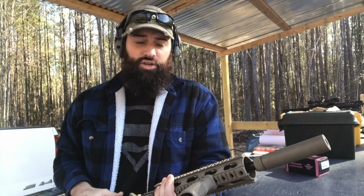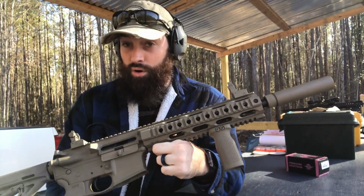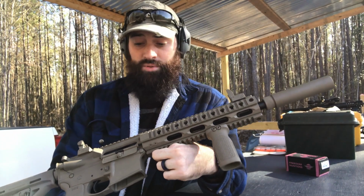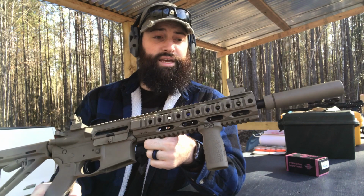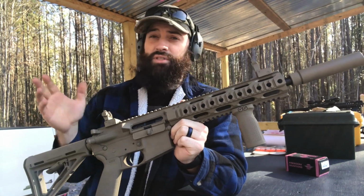It's going to be kind of a quick look at a Radicle Firearms upper. I have not seen this upper before, as far as I remember. It didn't catch my eye. And I got to building this particular gun, and this upper was on sale for, I think, $275